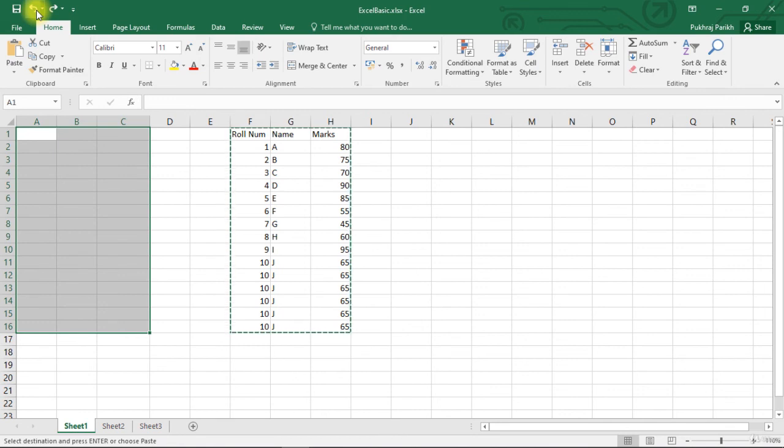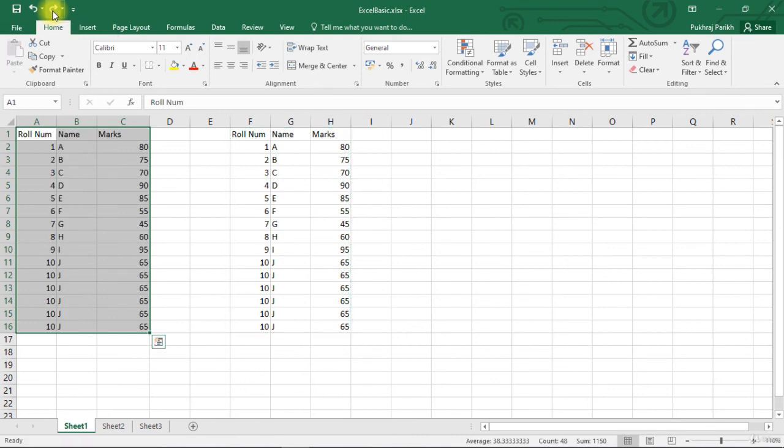But if you do this mistakenly, you have to redo it. For that, there is a redo button. Click on it and that will be done again. The shortcut for this is Ctrl plus Y. However, redo is a very rarely used feature, but undo is quite often used. So remember the shortcut for undo, Ctrl plus Z.